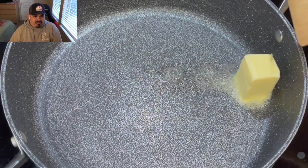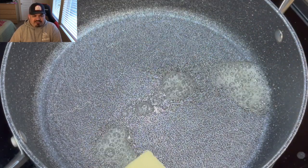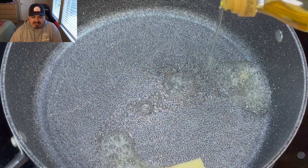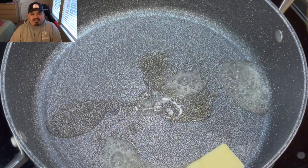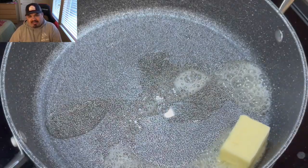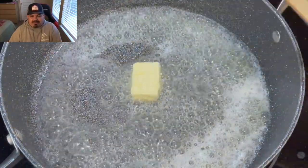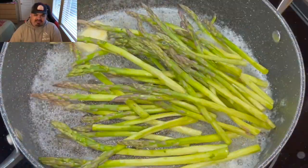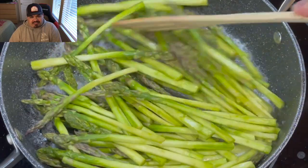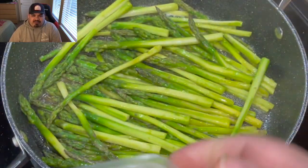And we're going to go ahead and follow up with some olive oil. So I do a mixture of butter and olive oil. Don't ask me the amounts that I use. It's 2 bundles of asparagus, a little bit of olive oil, and like a quarter stick of butter. Wait till that gets melted down a little bit before I add my asparagus to it, just as you see. And I'm going to steam it for a minute